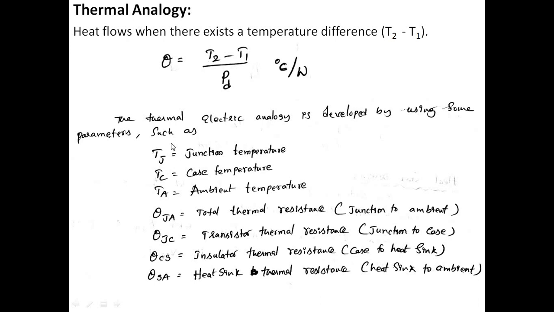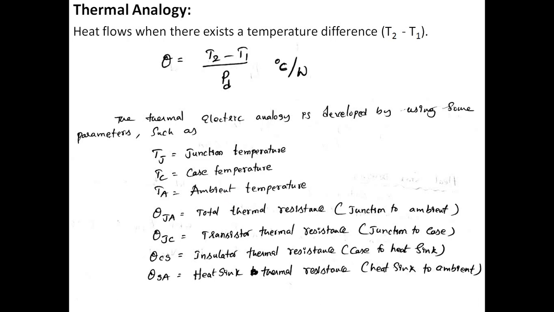One is the junction temperature, the temperature which is going to be generated in the transistor. We normally represent it as Tj, and it depends upon its functionality. Tc is the case temperature. Whatever the case you connect to the transistor, we normally call it the case temperature, the outside temperature of the transistor. Ambient is the surrounding. This is the surrounding area outside of the transistor. We normally call it the ambient temperature.